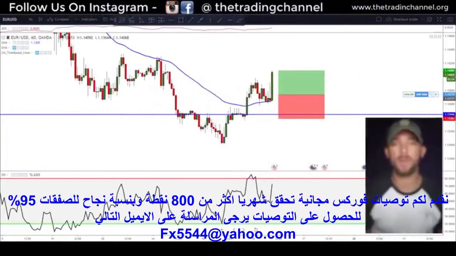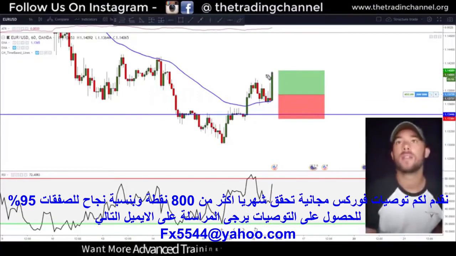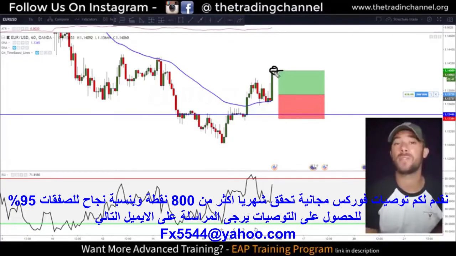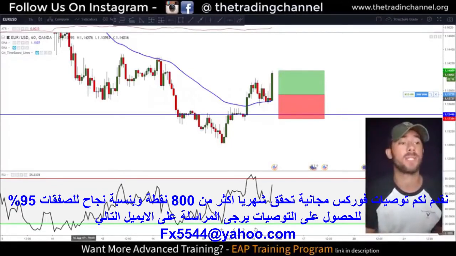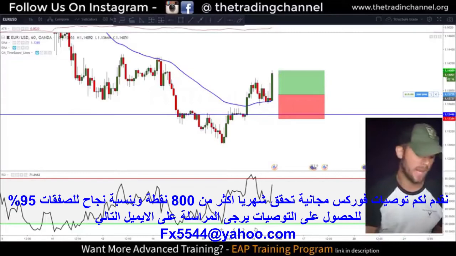Okay guys, so here we are back on that euro dollar chart. As you can see, if I go ahead and bring up my little pencil tool, the wick on this candle has hit those first targets. Although we were not filled, one of my rules is that I can take off targets as long as a wick touches the target that I was supposed to hit. So for that reason, I'm going to go ahead and close out half of this position.